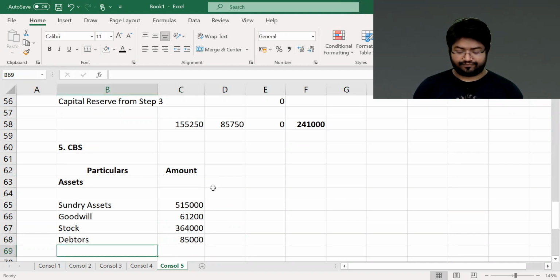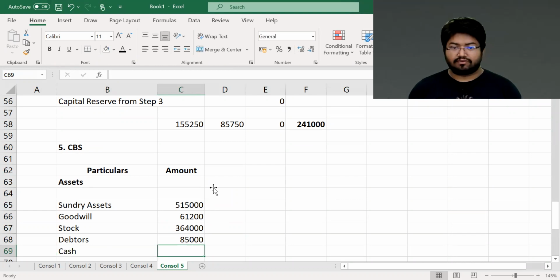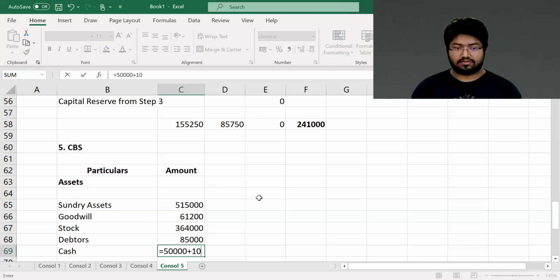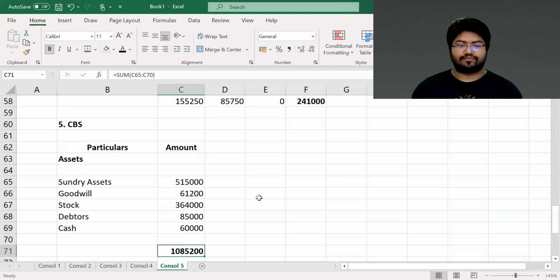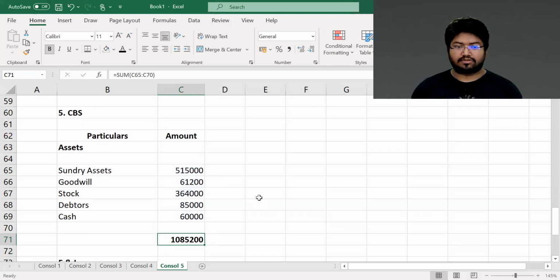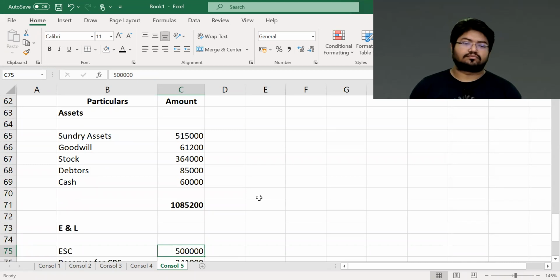And then you have cash, which is going to be 50,000 plus 10,000. All of this put together comes to 10,85,200. Then